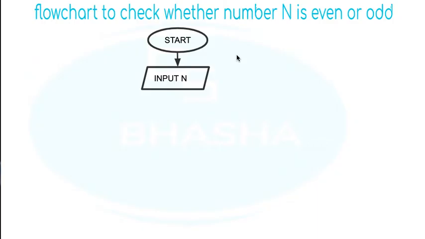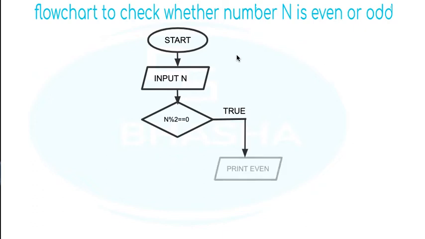Now you are finding out whether it is a multiple of 2 or not, to be even. So therefore you use a decision making, and for decision making you are going to use a diamond shape. If it is a multiple of 2, that means if the result of this decision is true, you're basically printing the result. For printing and for input, I've already told you, you are going to use a parallelogram. So you're printing the result even.